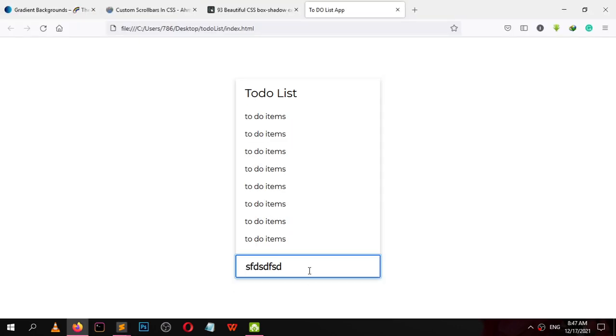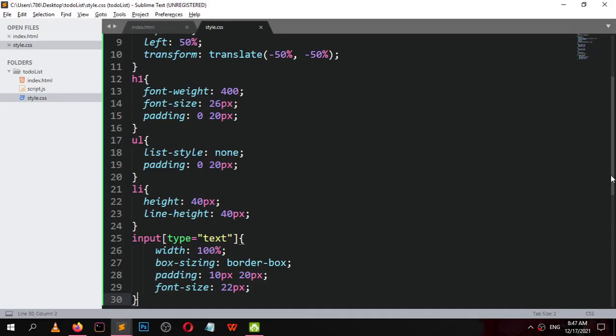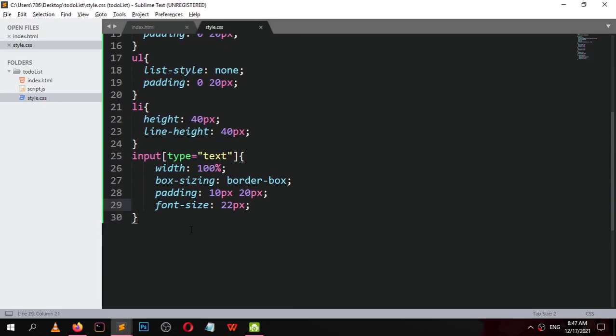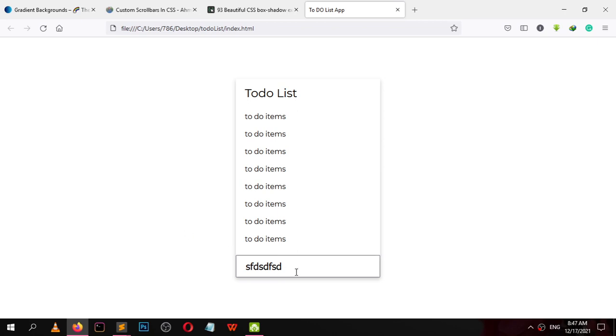When someone focuses, this focus outline should be removed. Input focus outline none. Now this blue outline is not visible.